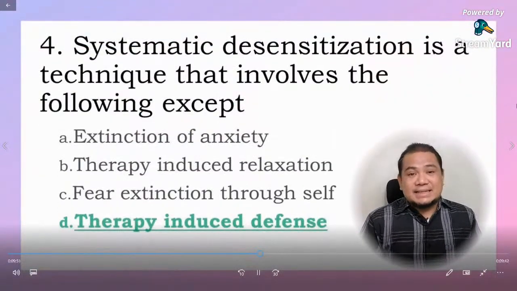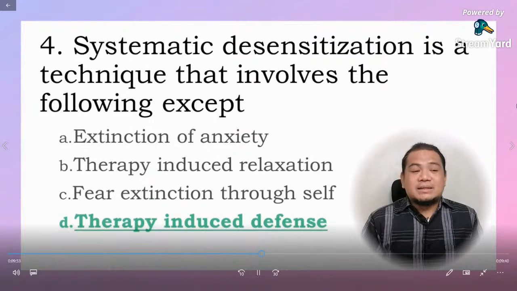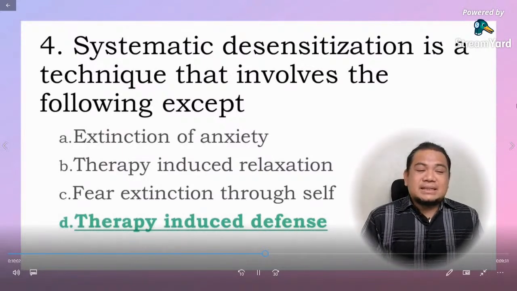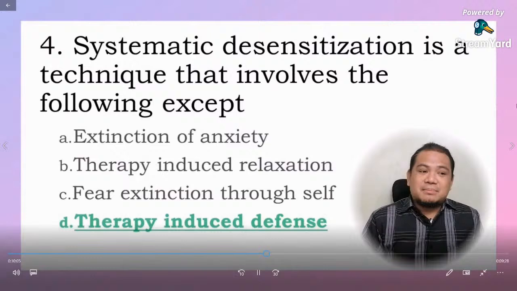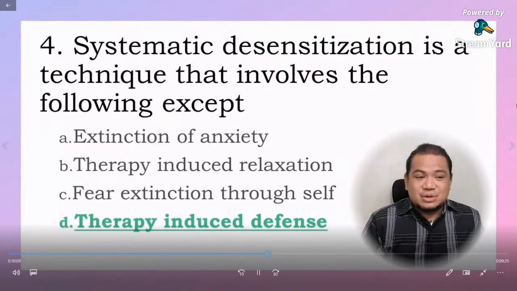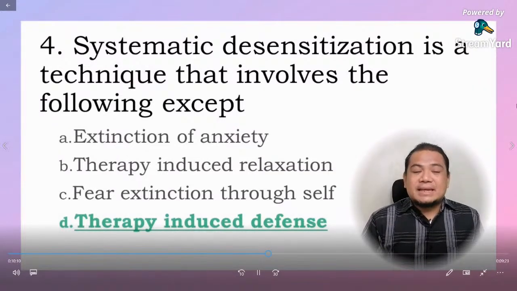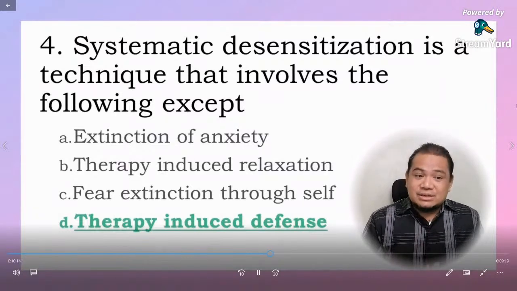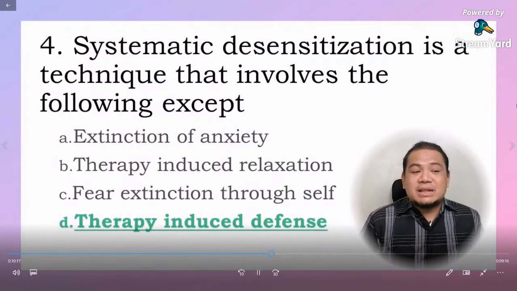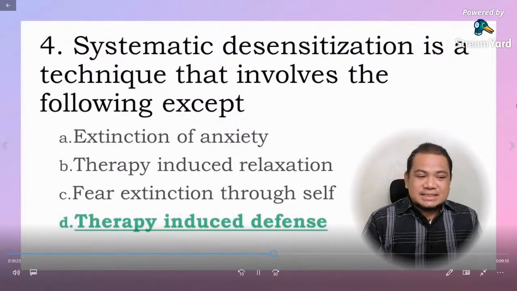Number 4, systematic desensitization is a technique that involves the following except. The answer is letter D, therapy-induced defense. Patients typically begin by observing models or by having their emotional arousal lessened through systematic desensitization, which involves extinction of anxiety or fear through self-induced or therapy-induced relaxation. With systematic desensitization, the therapist and patient work together to place fearsome situations on a hierarchy from least to most